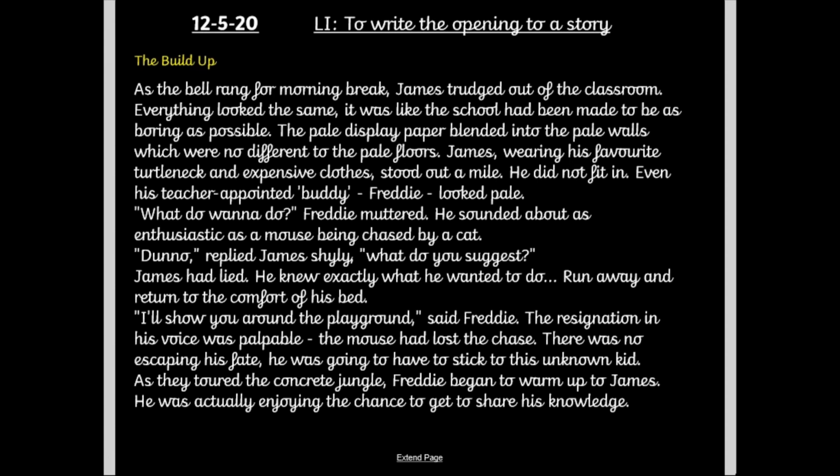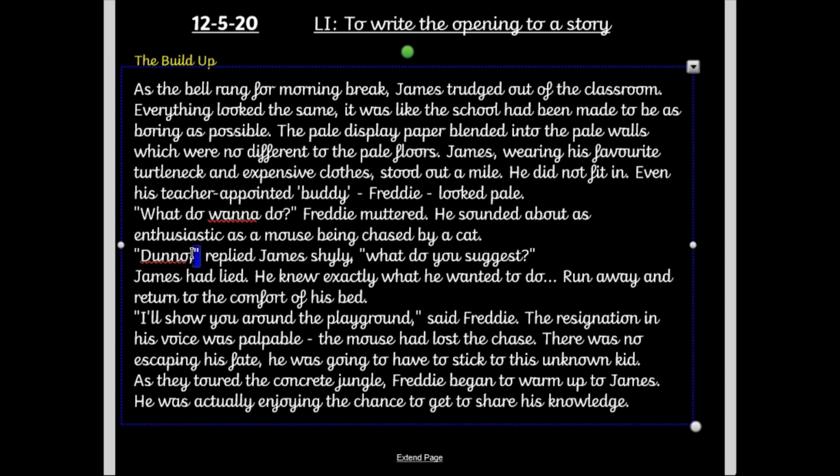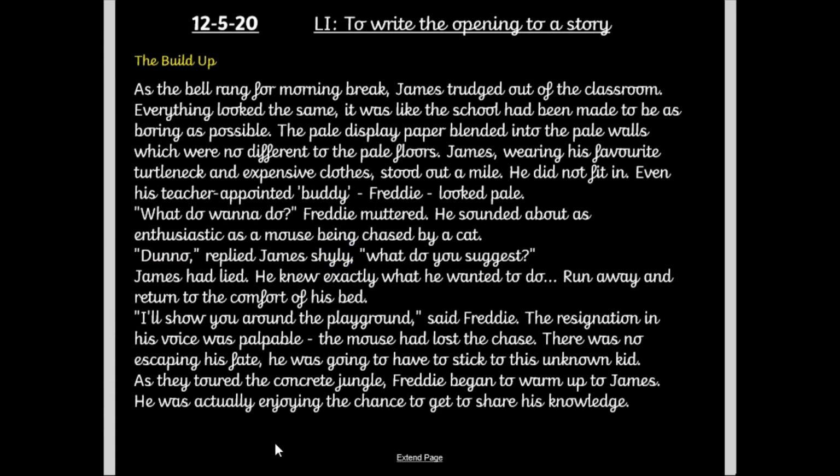Okay, so the first part of my build-up, it's not all there. I've got another little bit for you in a second. But notice some of the vocabulary that's being used in here. Lots of description and really giving a vivid image to the reader. I've got my speech there. Remember, new speaker, new line. Remember your inverted commas up here, for every time that they speak, when they open and close their speech. I've got how they're speaking. He's replied shyly. So remember all the rules of speech when it comes to writing your own. So far, a good build-up. I've not finished just yet.